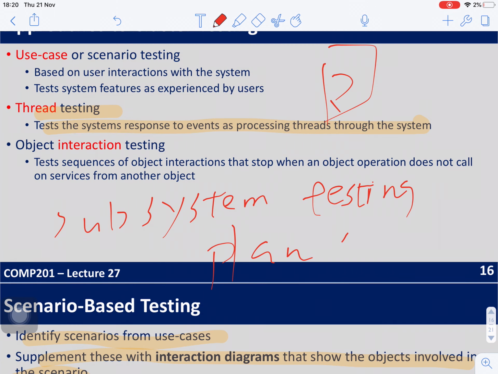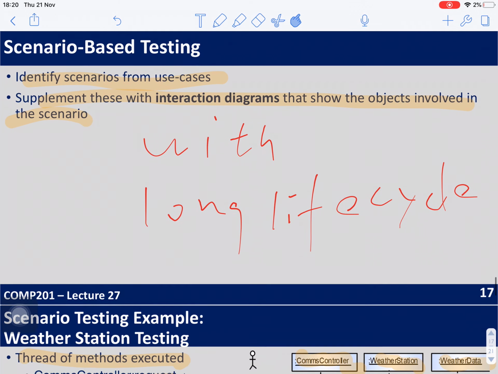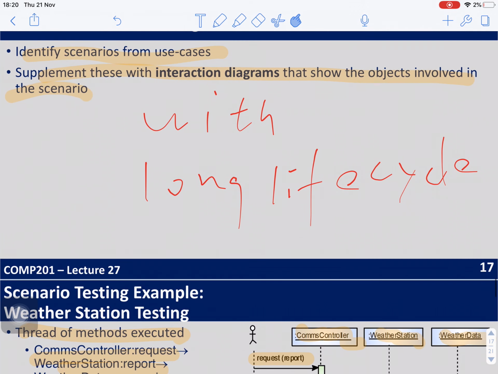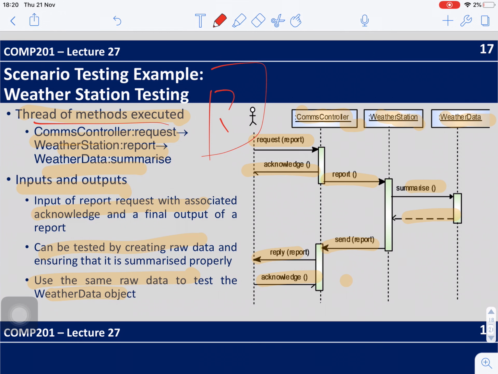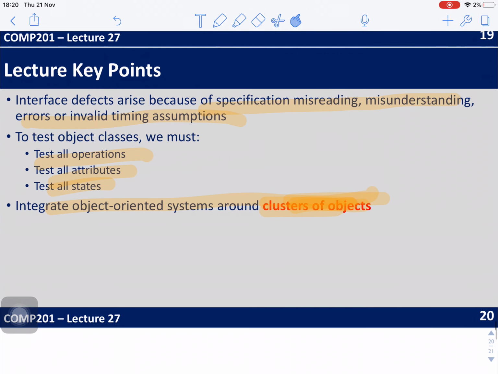It is scenario-based testing. We identify the scenarios of the use case. We can use the interaction diagram to show the objects involved in one scenario. The interaction diagram can help us identify the string of methods executed. This sequence diagram helps us design the